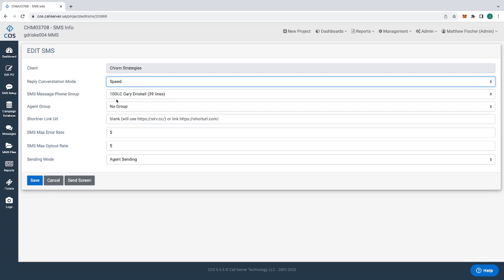The SMS message phone group allows you to choose which phone group you want to send these text messages from, which numbers you want to send from. The agent group allows you to specify a specific group of volunteers or agents that may have been assigned to a texting project so that they are the only ones who have access to send or code out responses for